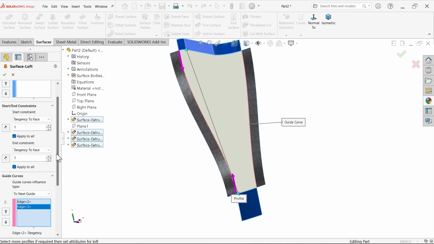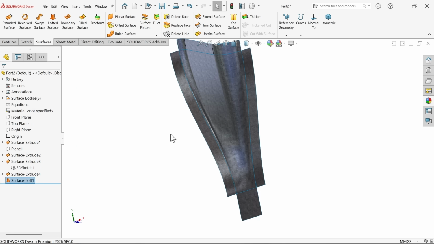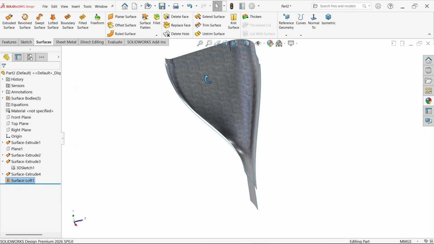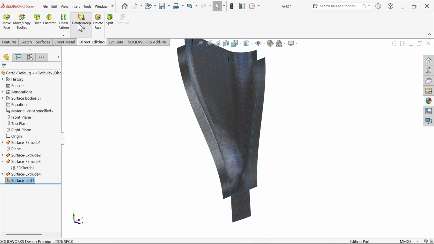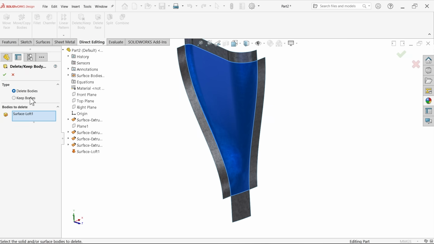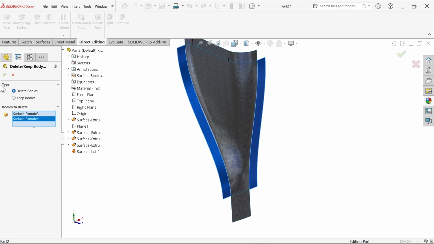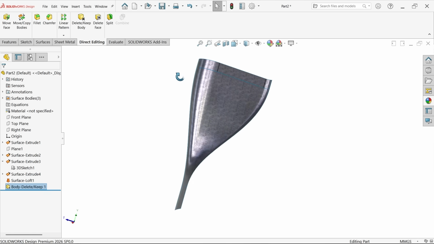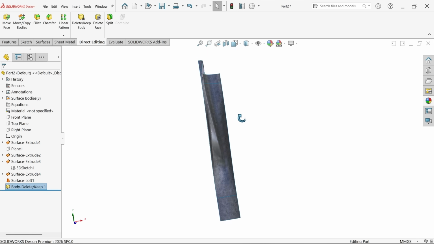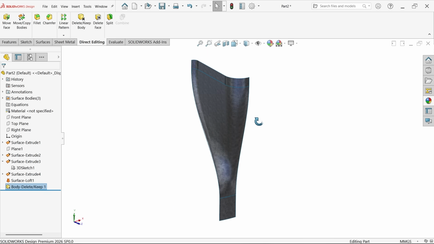Okay, save. Okay, now see, go to direct editing, delete or keep body, clear, and delete these two bodies. See, now this bottom curve is